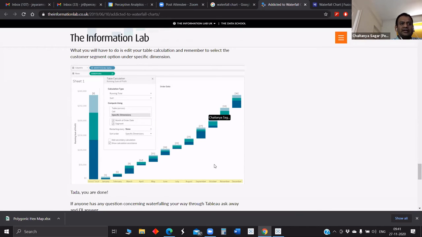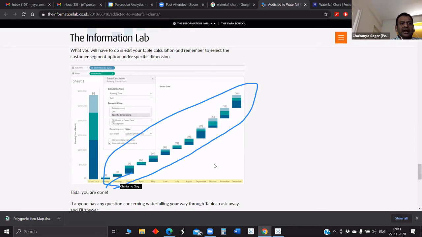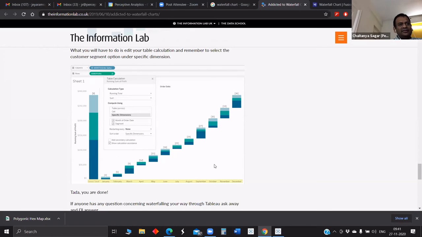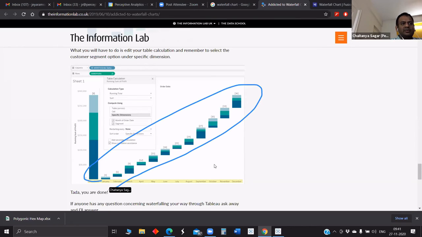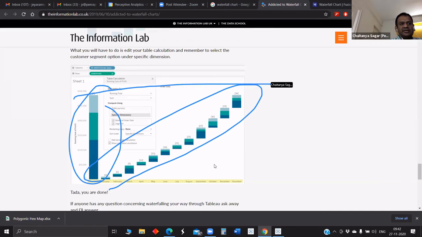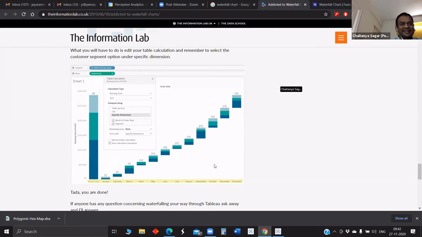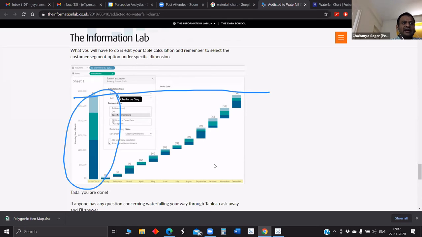Let's assume that is one category. You can have X number of categories like that, and still visually show the whole adding up to the total, which is the waterfall piece of it. I think that is still maintained. You can clearly see from here that this whole thing is adding up to the total, which is this one. There are just too many lines at this point. But if you look at this, the totals are all adding up to this particular thing. And here, what they have done is they have added by category, they have added the various causes.